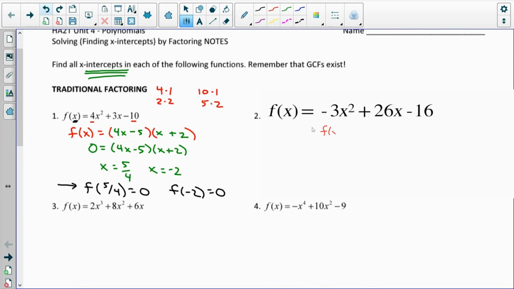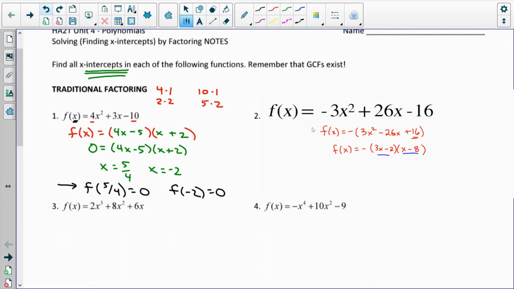In problem 2, the first thing we would do is factor out a negative sign to make factoring this easier. So we have negative the quantity 3x squared minus 26x plus 16. And now I'm looking to factor this. Since the 3 is prime, I can do 3x and x, pretty straightforward. And then my goal after that is to try and get two numbers that multiply together to 16 to get to -26 in the middle. And two of the factors of 16 are 8 and 2, and that works out really well